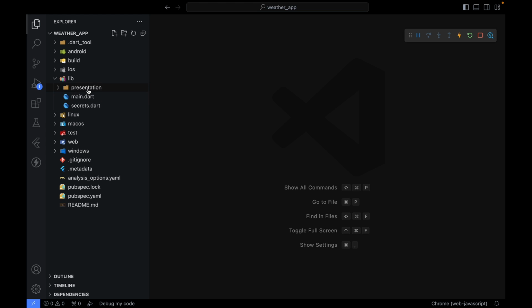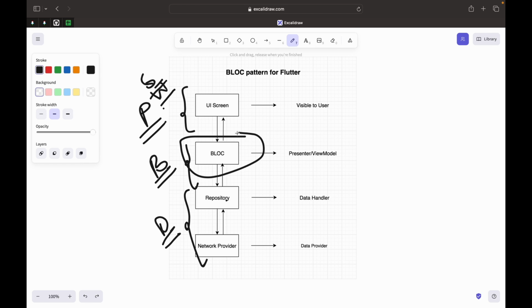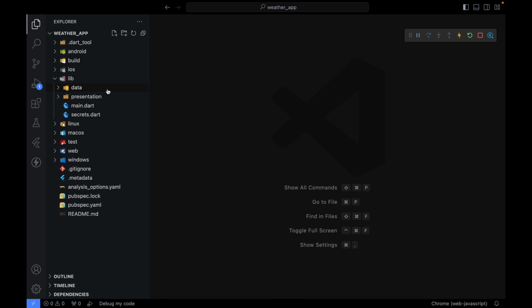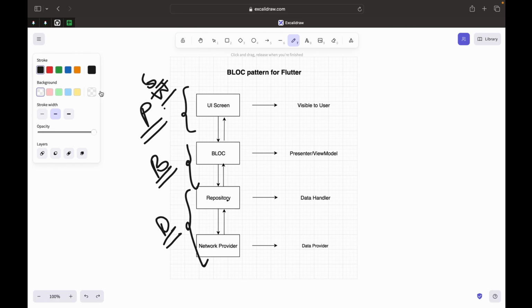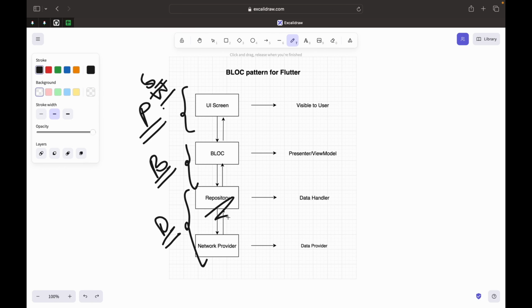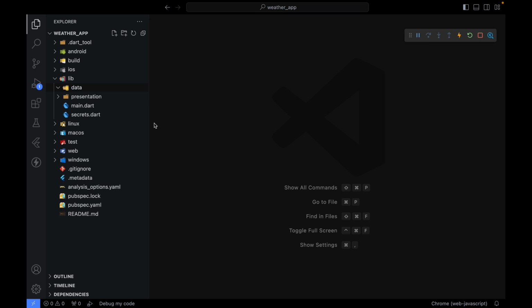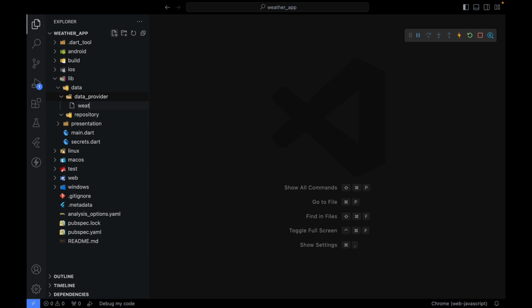a little better. Now, after the presentation layer is done, I want to work on the data layer. I'm skipping BLoC layer for now, but we'll get to it later on. First, let's just manage data. In data, we have 2 parts, repository, which is this part, and the network provider, or I'm just going to call it data provider. So I'm going to create a repository folder, and I'm also going to create a data provider folder. In this data provider folder, I'm going to create